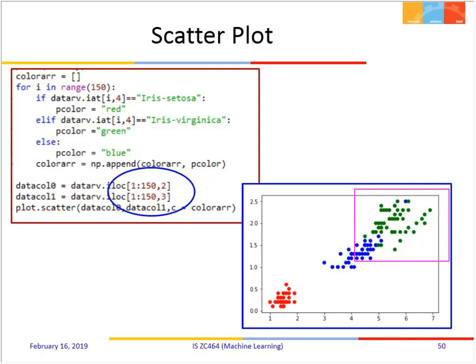So because of this color array, I am having the color representing 150 times, right? Based on its class, I am getting the color scheme made for all such points which are plotted according to these two columns. Is that okay? So data column 1 is representing the second feature for all data, and the other data column is representing the third. So what is this